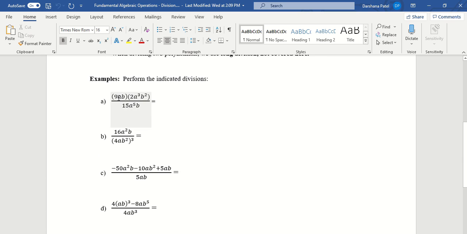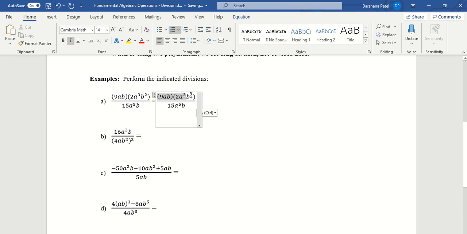Here, this is a question where multiplication and division come together. So you have a few options. One, you can get rid of numbers however you like, or first multiply terms in the numerator. So if I multiply those in the numerator, 9 times 2 will give me 18. So in the numerator I will have 18. A times a cube will be 18a to the 4, because 1a from here and 3 from here will give us 4 of them. B times b square, so 1 plus 2 will give me b cubed. Denominator I kept the same for now.